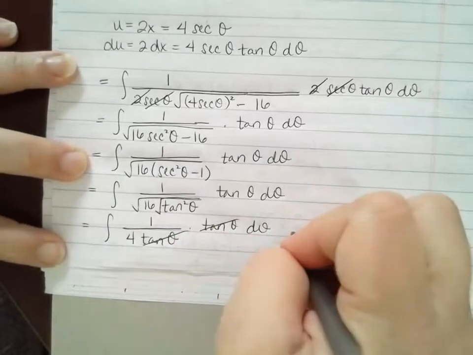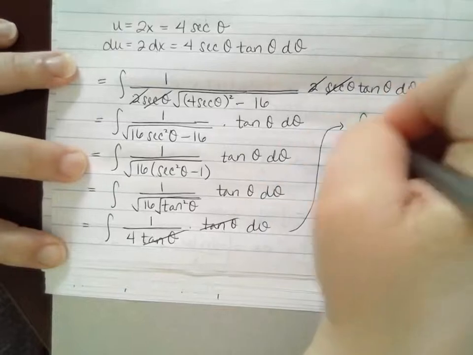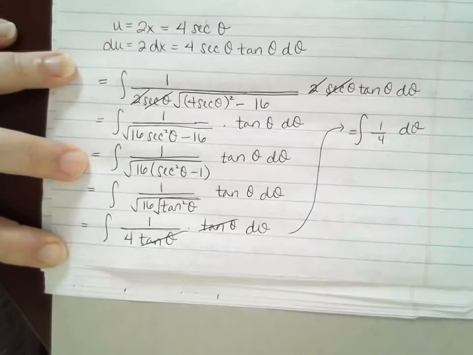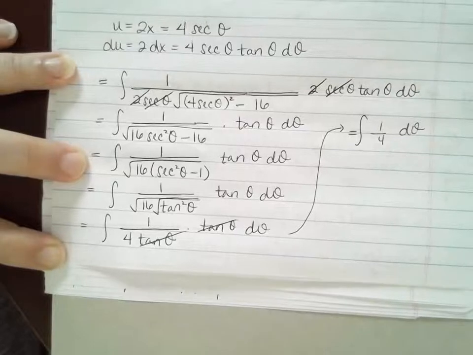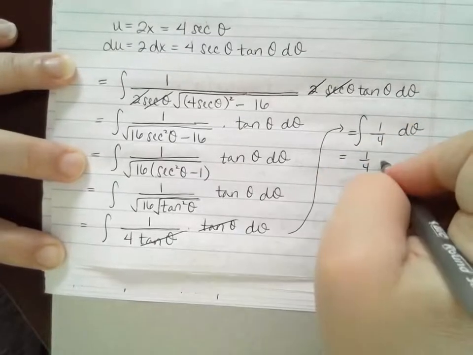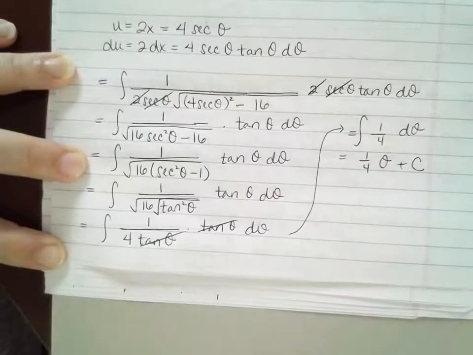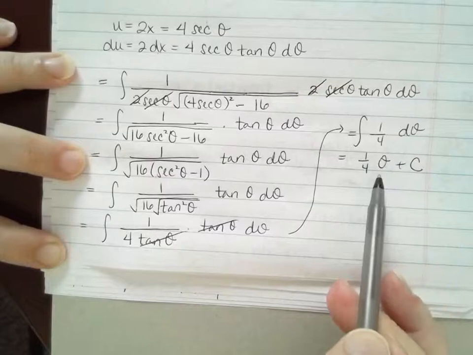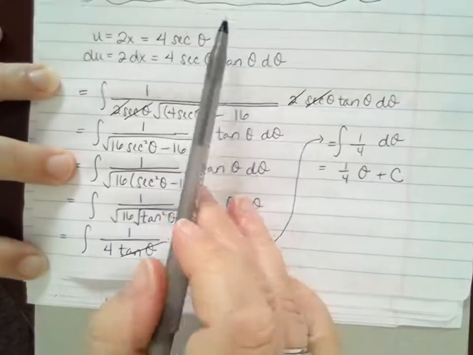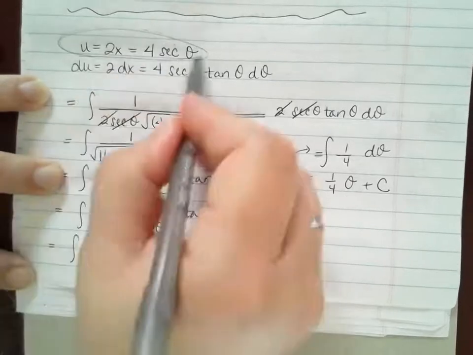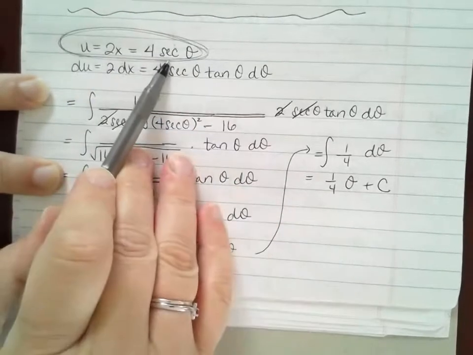In other words, I'm integrating 1/4. That's it. The integral of 1/4 would be 1/4 times the variable. In this case, it would be theta. All right. Now, I can't keep it in terms of theta. I wouldn't get full credit for this question. So I have to go back and figure out what theta would be based on my u statement. Everything always comes back to the u statement. If I want to solve for theta,